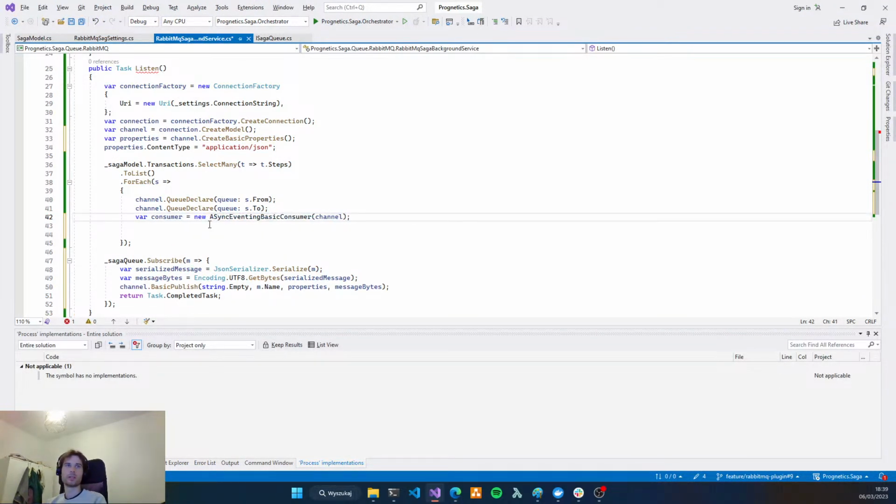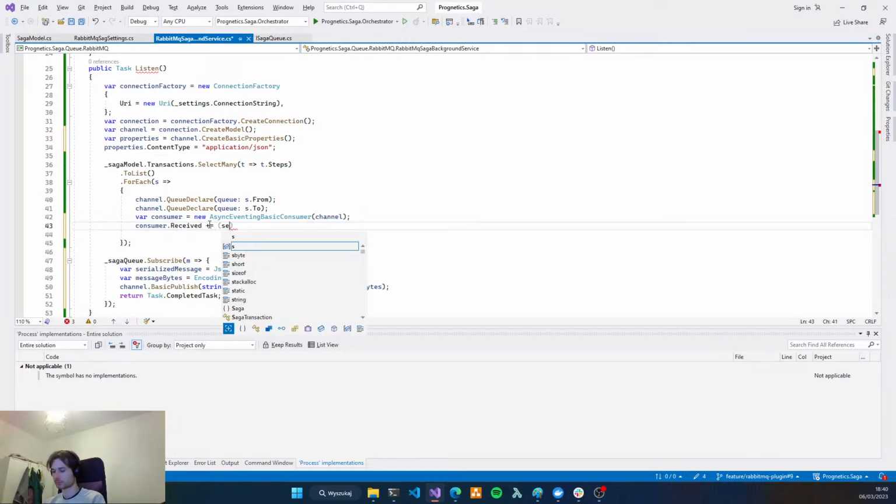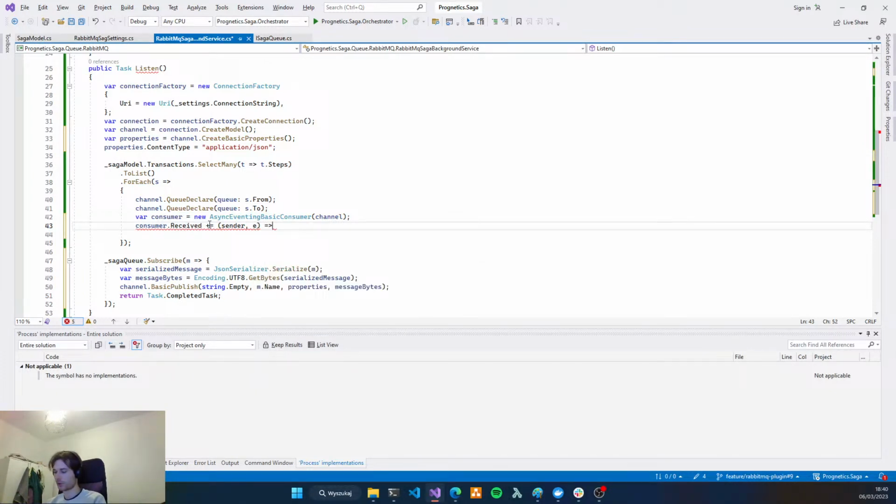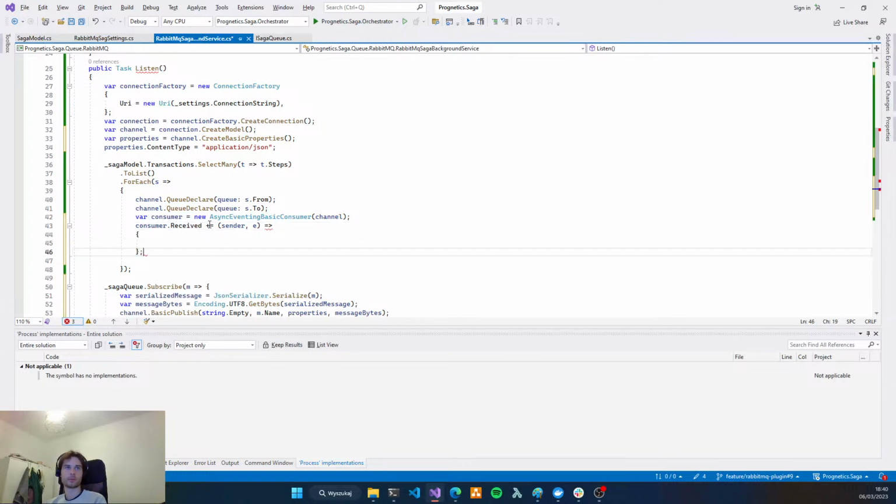We can even create an async event-based consumer, because our engine will probably use async operation. So in consumer we have the property Received, and let's create the handler for this event.